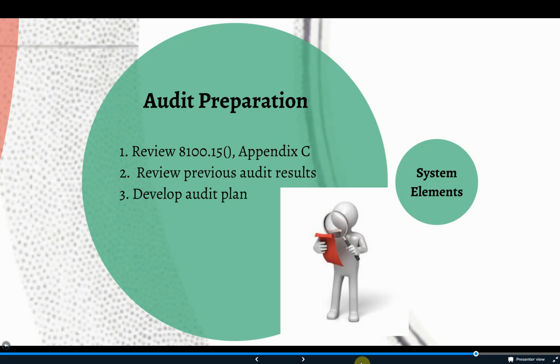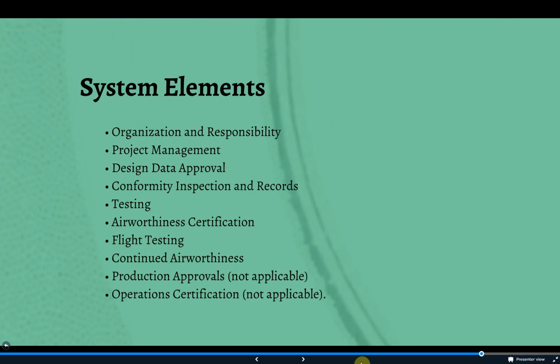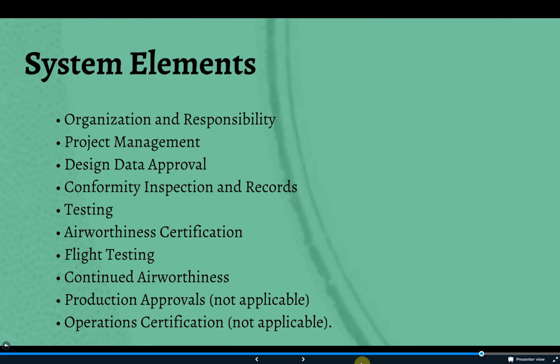Create your own personal audit plan that includes key requirements you want to focus on, specific activities you want to trace, or specific people you want to talk with. It may also be beneficial to generate a schedule or a timeline to help you accomplish the full review. From the order, audits for Star have looked at 8 different areas as spelled out in Appendix C, and they include organization and responsibility, project management, design data approval,